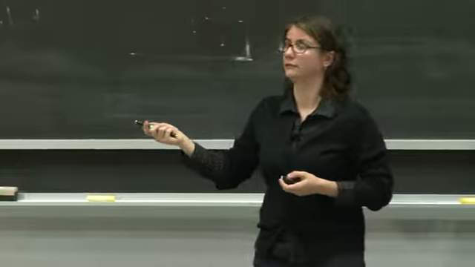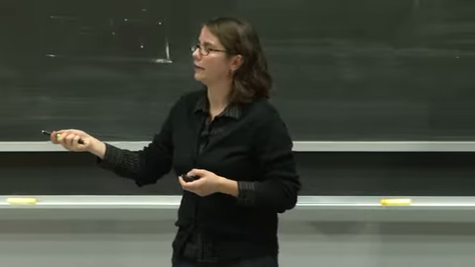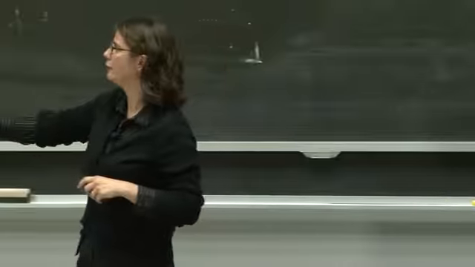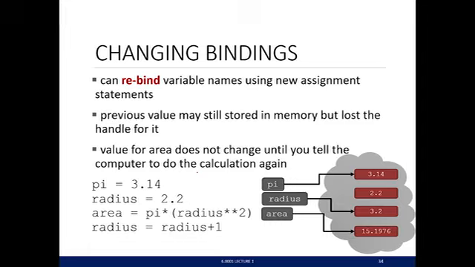And that's it. The value of area, notice, this is very important, did not change. And it did not change because these are all the instructions we told the computer to do. We just told it to change radius to be radius plus 1. We never told it to recalculate the value of area. If I copied that line down here, then the value of area would change. But we never told it to do that, right? So the computer only does what we tell it to do.